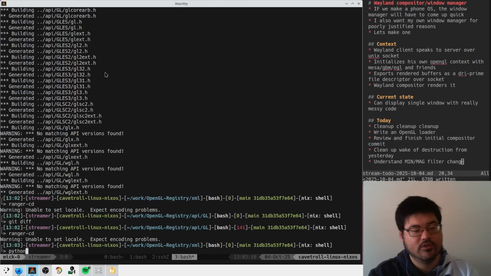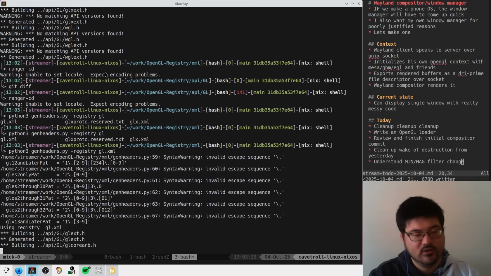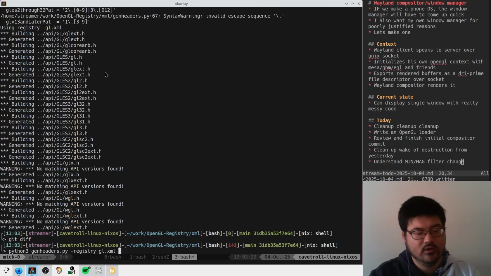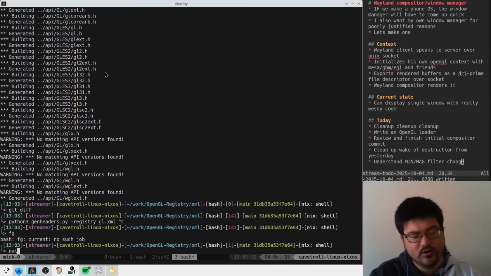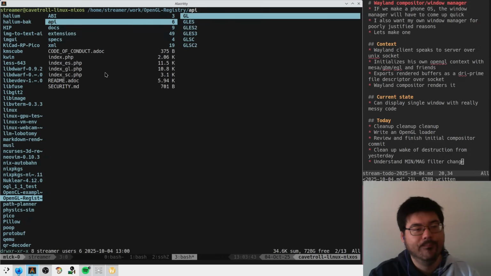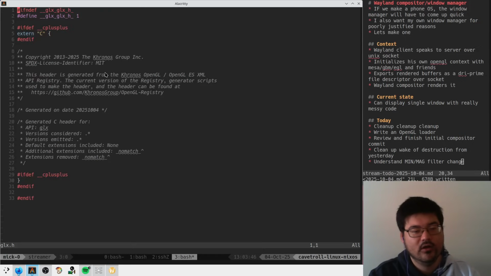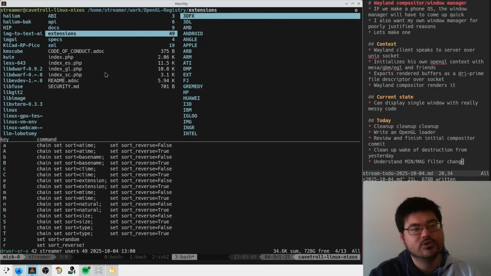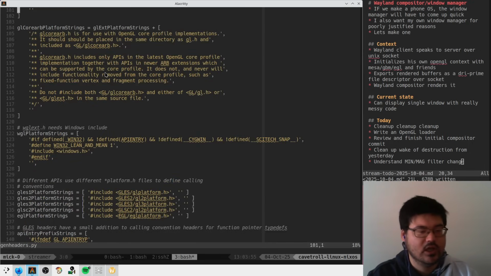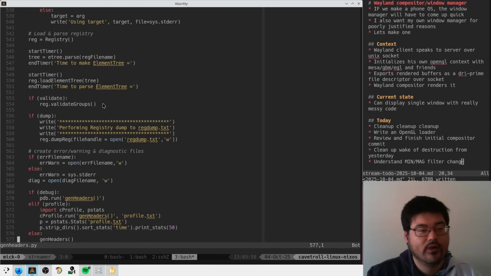So we probably want Python 3 gen headers registry GL XML. And then did it have multiple registries on there? I guess also, how much do we care what these do? Probably not that much. It would have been nice just to check, but